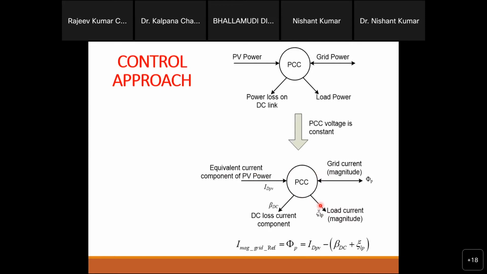So in that situation, we will convert this current according to the grid current reference. Here we will convert it into two parts: some amount of nonlinear current, as well as some amount of active current component we will derive. It means that first of all, we will sense what amount of nonlinear power requirement is on the load side, and then during our conversion, we will try to match those load demands, right?